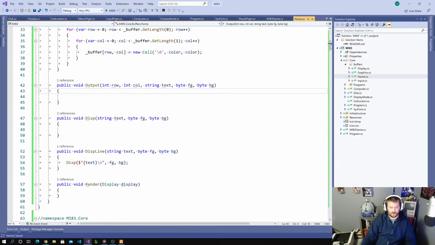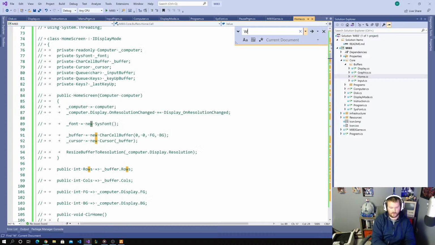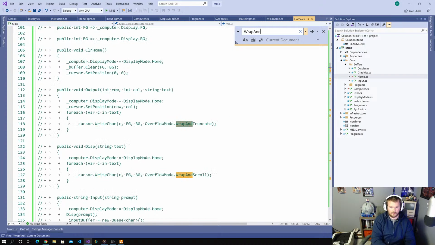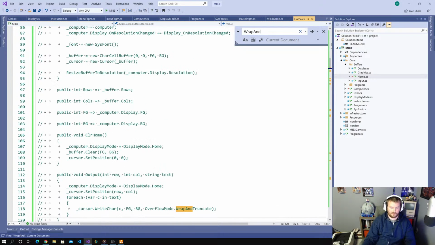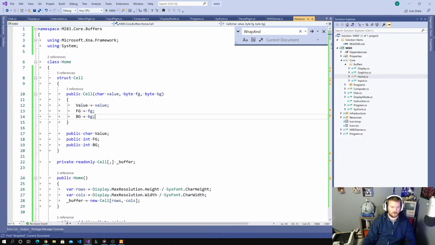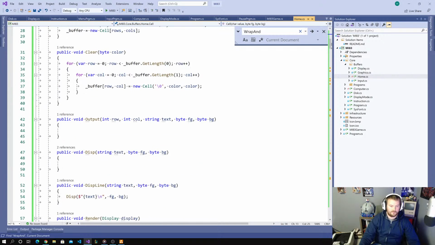So the idea with output is that it would start at a line and it would wrap, but when it reaches the bottom, it would truncate. I believe that was the behavior you would have here. So what we did was we called that wrap and truncate versus wrap and scroll. Wrap is the X value. Scroll is pushing the buffer up a row. So what we did here is we said